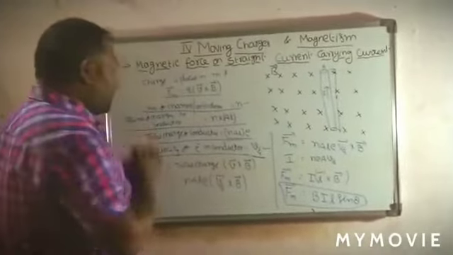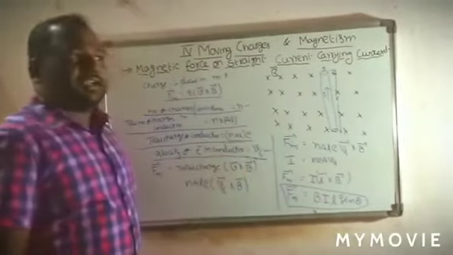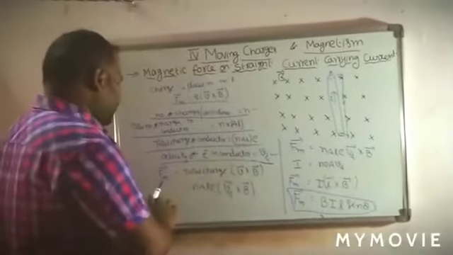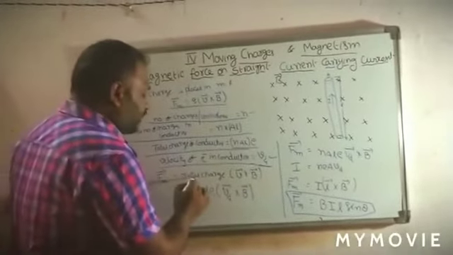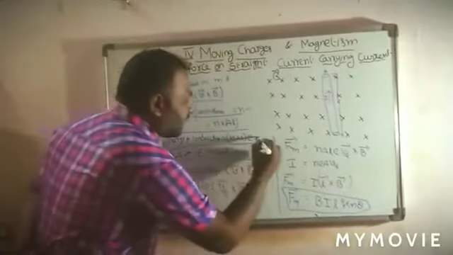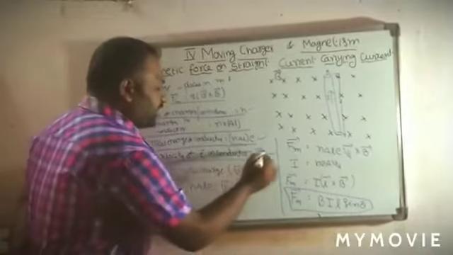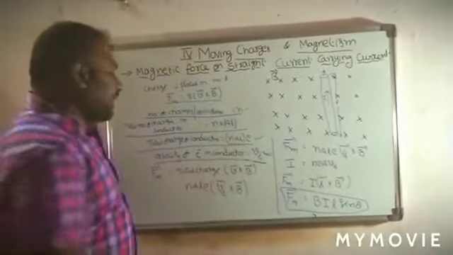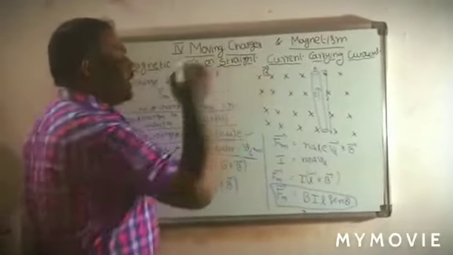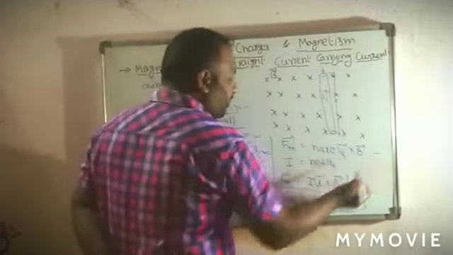And next one is here. Now what is the total force acting on this conductor when it is placed in a magnetic field? It is nothing but Fm bar equal to total charge into V bar cross B bar. Here what is the total charge? N A L into E. And what is the velocity of that charge? Vd bar. And the magnetic field we already taken, that is B bar. Now substituting here, this is the expression we obtained.